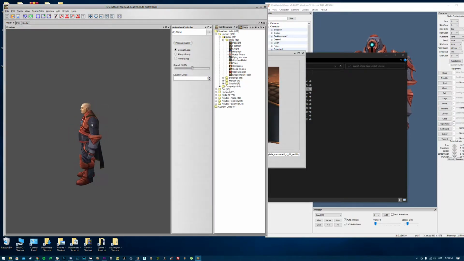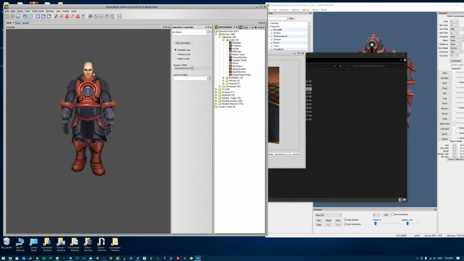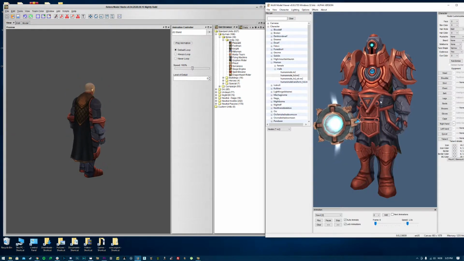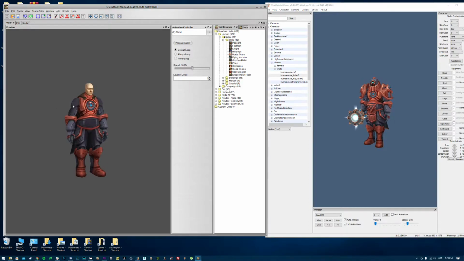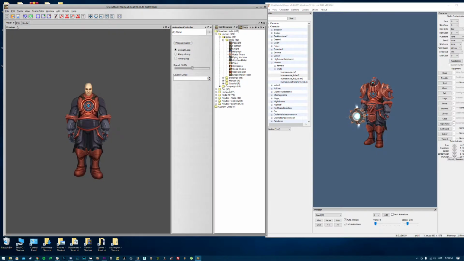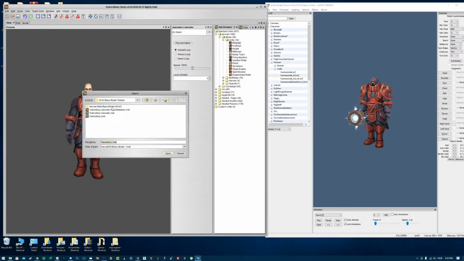You can see most of the work is done already. He's using the proper textures, he's got the proper boots and the proper gloves and everything. Now I'm going to attach the extra stuff that makes him look really badass like this guy. So what you do, just to keep it organized, is untick all of his geosets, File, Import from file,